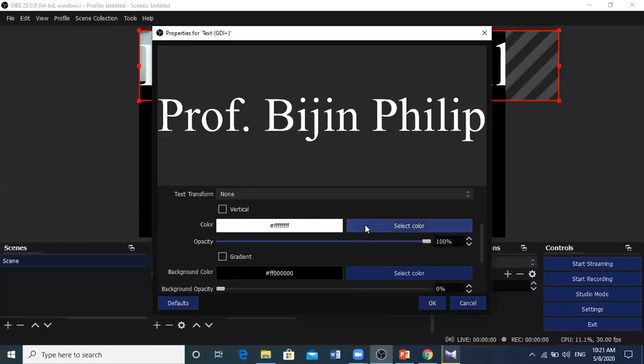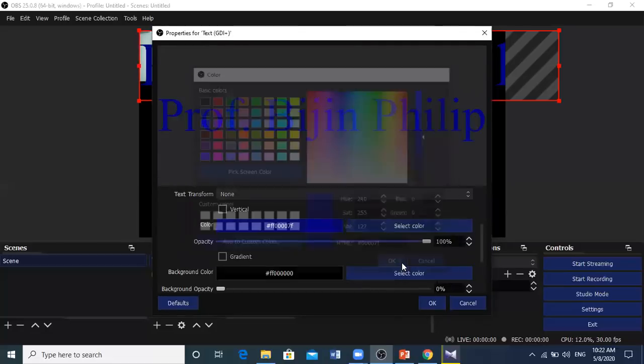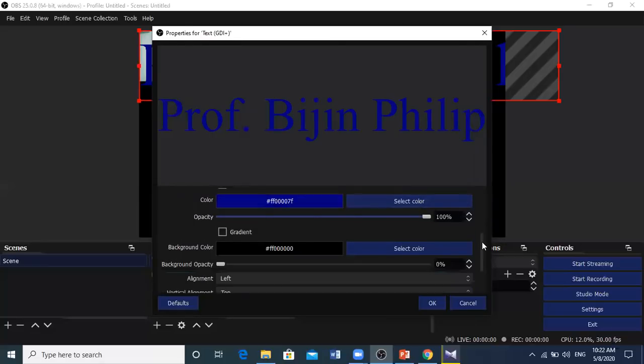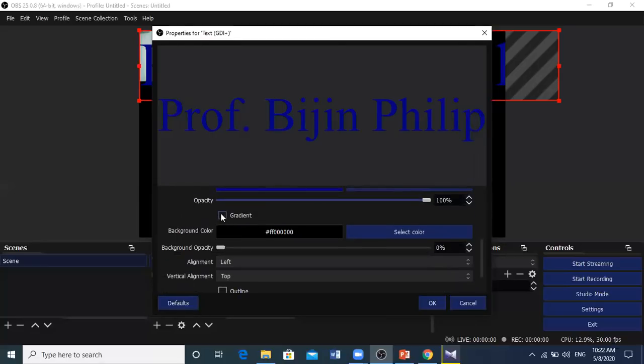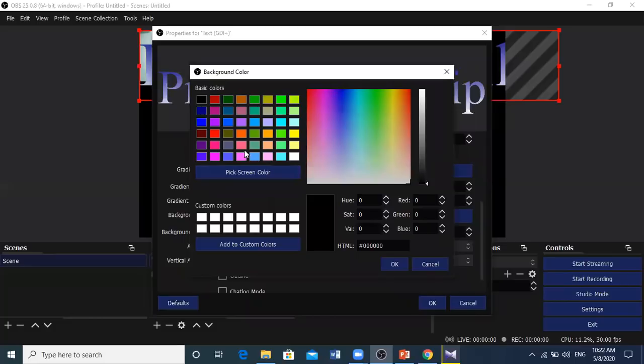Now I am selecting blue color, and if you want light variation or gradient, that option you can also give, and you can see your name looks a little bit more attractive. Here the background color is black now. If you want, you can change it, and you can see some other colors.